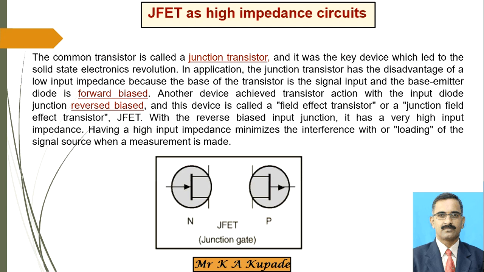Here the solution is considered as the JFET, that means this particular field effect transistor, which is giving high input impedance for this particular application. Then how is the high impedance achieved? Whatever construction is done for that particular JFET, it has that gate junction, which is reverse biased. And due to this reverse bias condition, this field effect transistor is giving high